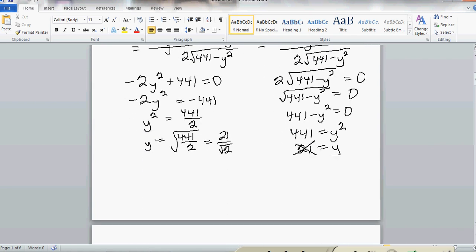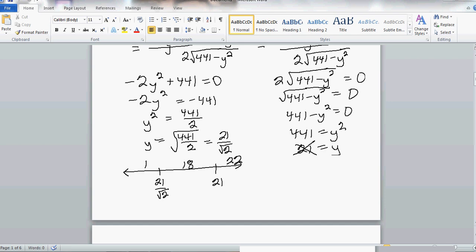So if we go ahead and put this into the number line, we would have a critical point at 21 over the square root of 2. And so I can choose the value of 1. Let's see, 21 over the square root of 2, I should be able to choose the value of 18, and then the value of 22, say. And then if I plug it back up, way up here into my a prime,